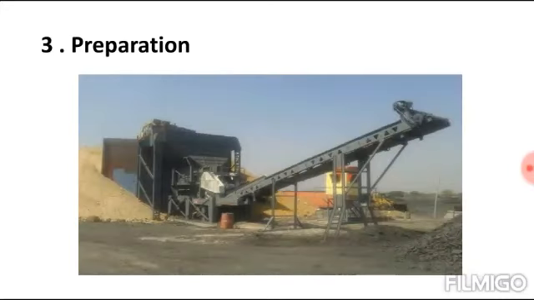The third operation involved is the preparation phase. The coal received from the mines is of different sizes. It is not suitable to feed into the furnace directly, as it will not burn efficiently. So in the preparation phase, what happens? The delivered coal is passed through the crusher and crushed into small particles, so it will burn efficiently. This is about the preparation phase.